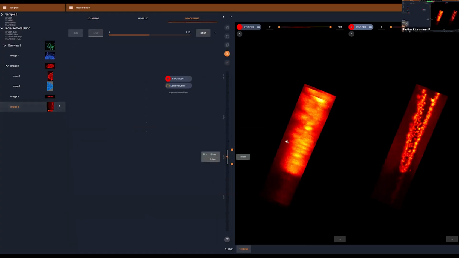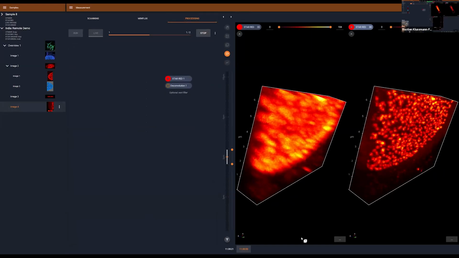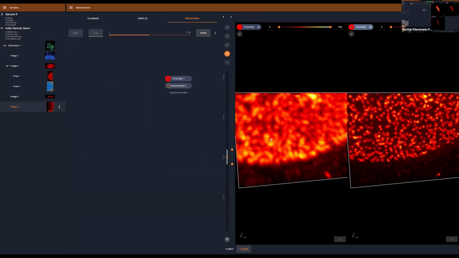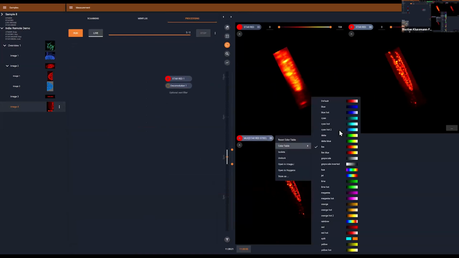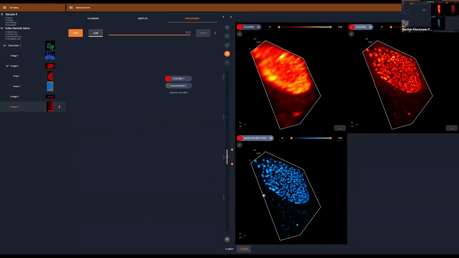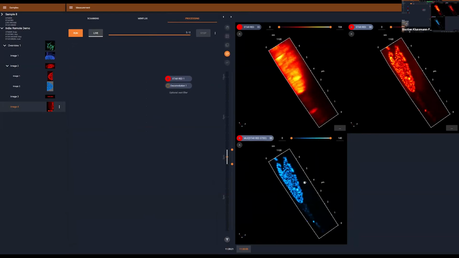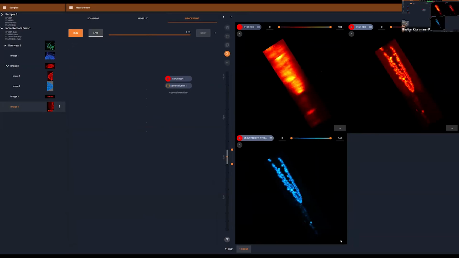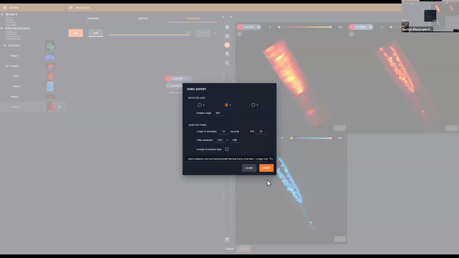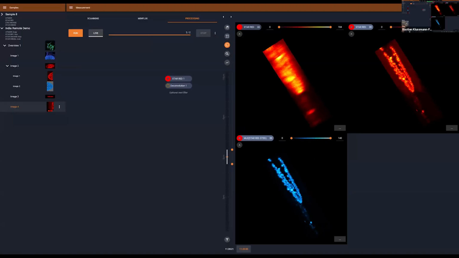Press run. Give it a second. Then, for example, I could change to a somewhat nicer color map. I like this one. This is basically my favorite, but this is up to your taste. And then you could, for example, also go here, export animation. For the desktop, in this case, export. And within a few seconds,